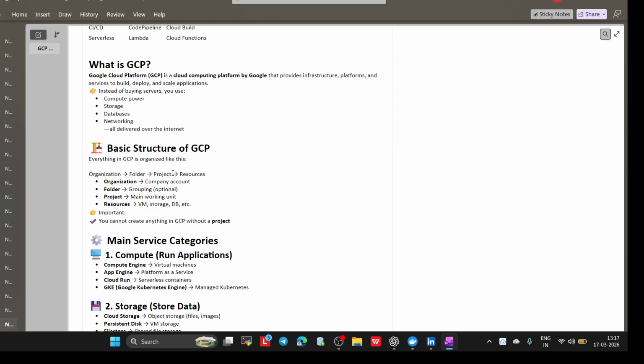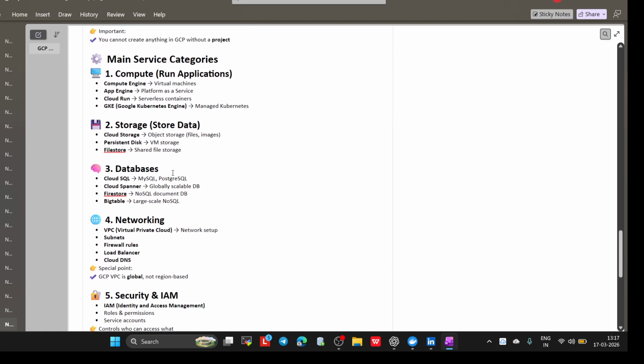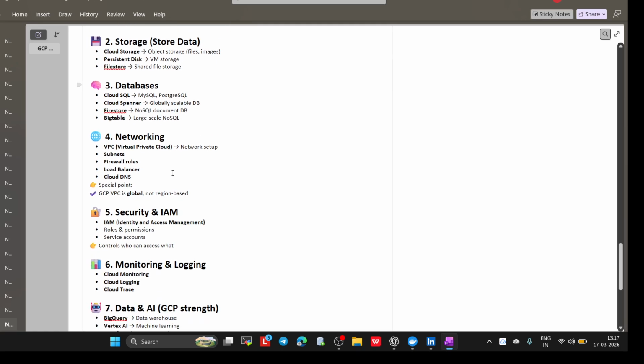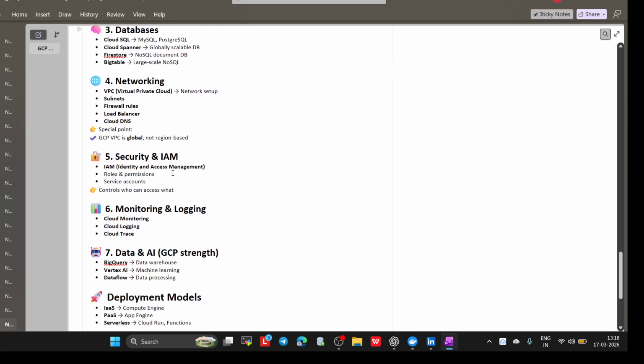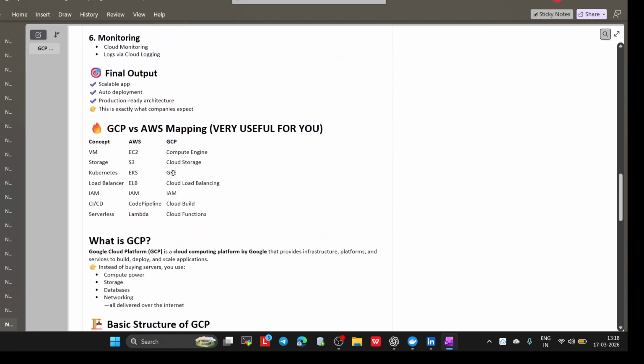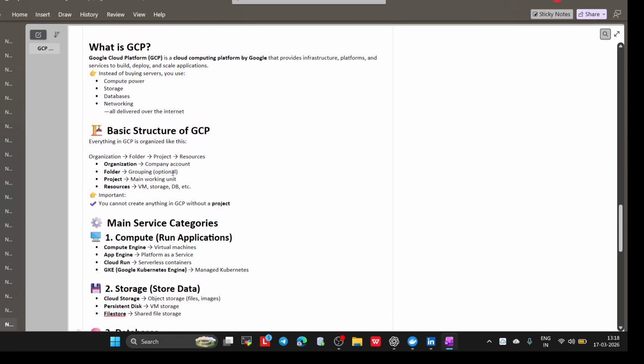Everything in GCP is organized as: organization, which is the company account; folder for grouping, which is optional; then project, which is the main working unit; and after that resources, inside which virtual machines, storage, DB, anything will be there. Now the main service categories: compute, storage, database, networking, security, monitoring and logging, data and AI, and deployment models. Let's discuss all these one by one.